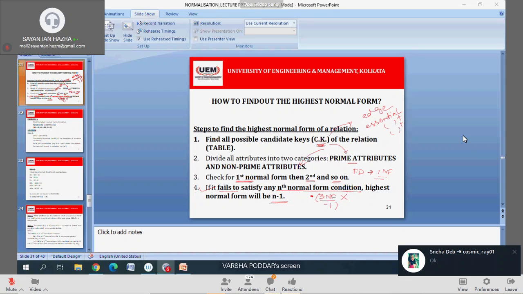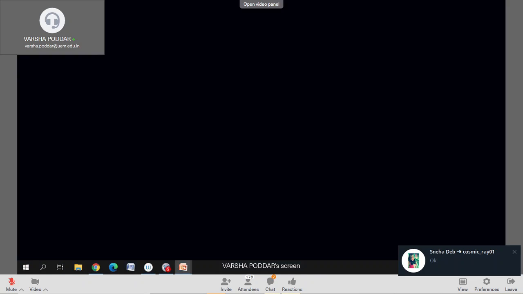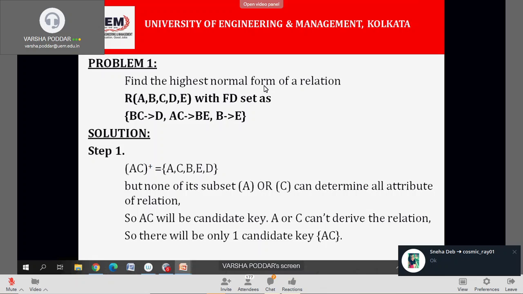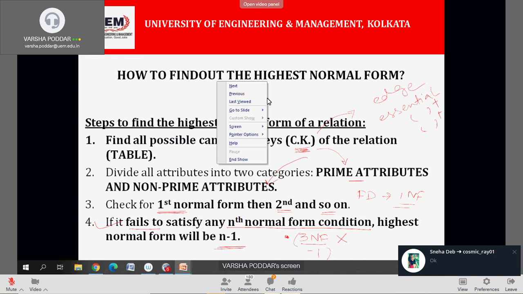PPT 1 and 2 means what? 1NF and 2NF. He was asking about the steps. Step 1 and 2. Yes, yes. Okay. Point: how to attain the highest normal form. Sorry, how to attain the first normal form or the highest normal form?